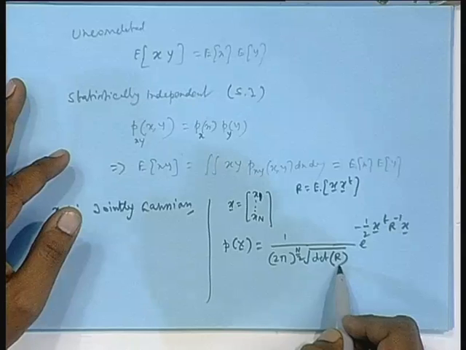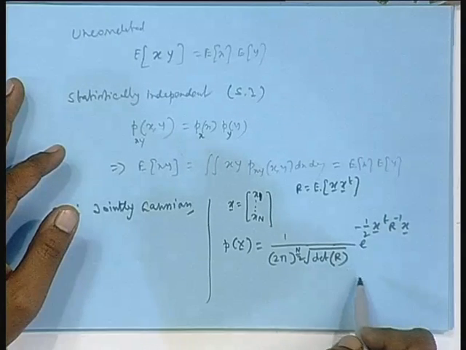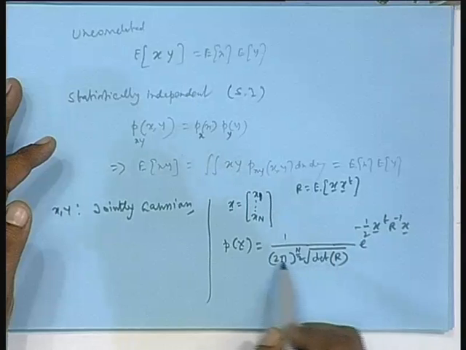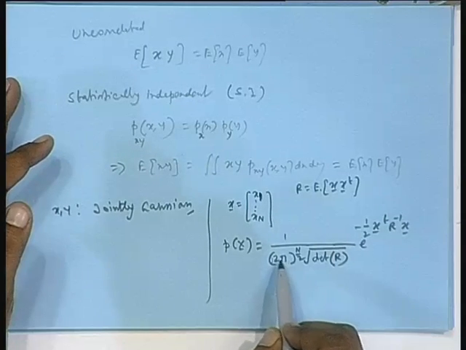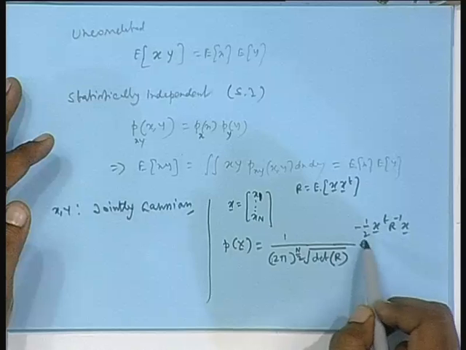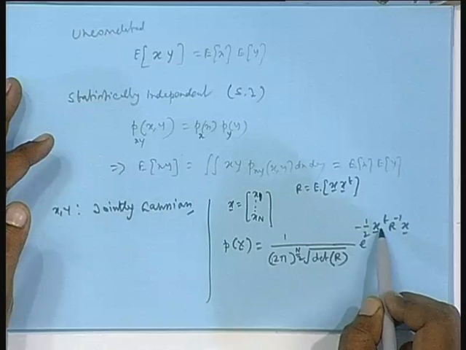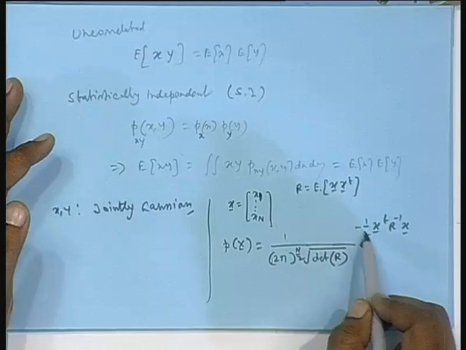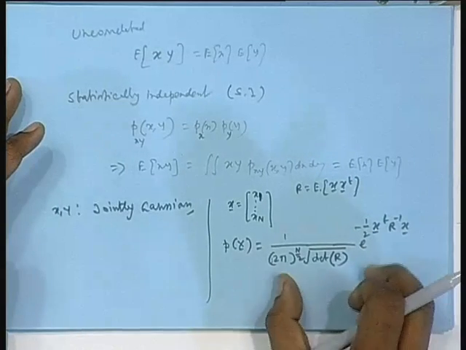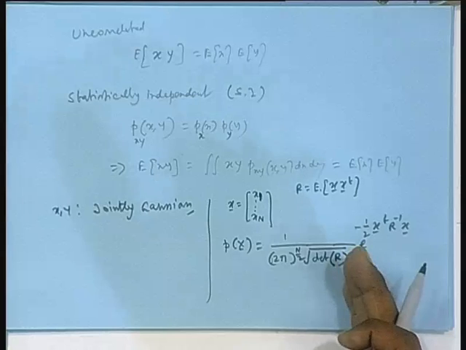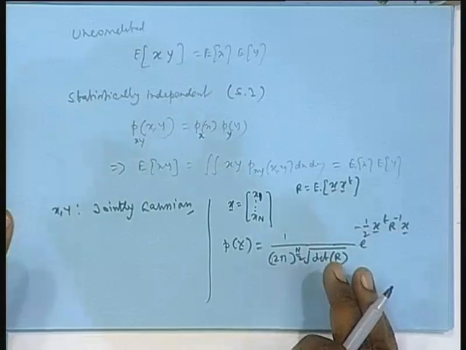What is the determinant of R? Sigma 1 square, sigma 2 square, up to sigma n square, and the square root means sigma 1, sigma 2, up to sigma n. So you can spread it as root 2 pi, root 2 pi, n times, sigma 1, sigma 2 up to sigma n, and you will have e to the power minus x1 square by sigma 1 square into e to the power minus x2 square by sigma 2 square, of course with the half, and so on. So it will be a product of individual Gaussian densities. I am not showing that, I think it is pretty obvious. So in that case this happens.